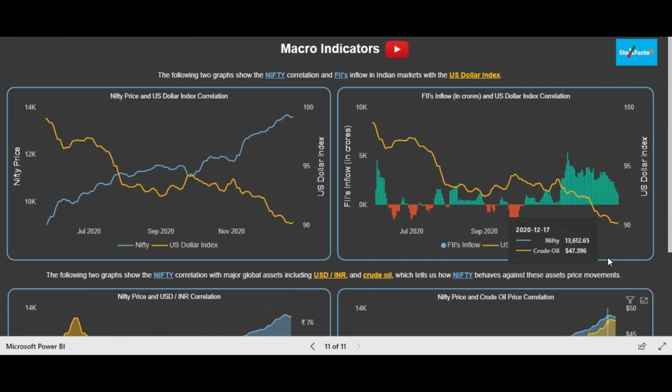So friends, these are the 4 graphs which you need to keep track of in order to maintain your portfolio if you are a long-term or medium-term investor, meaning a horizon of 6 months to 2 or 3 years. These graphs would tell you when the trend is about to change, because the US dollar index first of all plays a very major role, and apart from that the USD INR also fluctuates based on the US dollar index only. So the US dollar index is the main indicator which you need to follow, and always check the correlation of Nifty with the US dollar index.